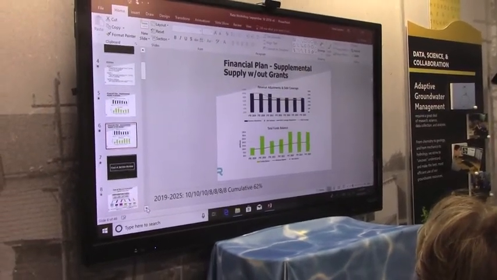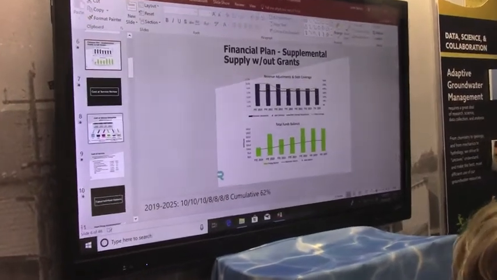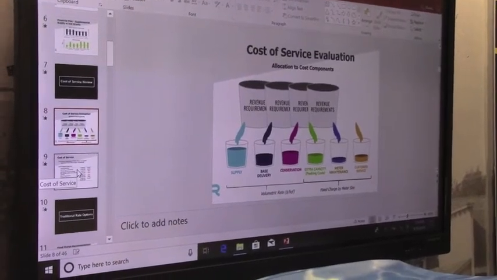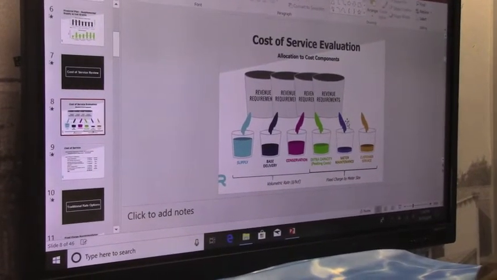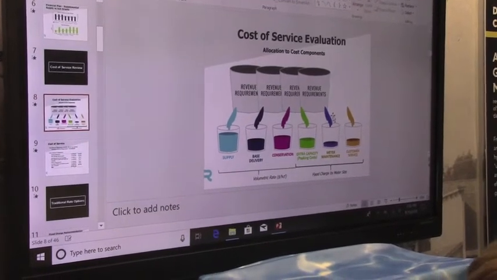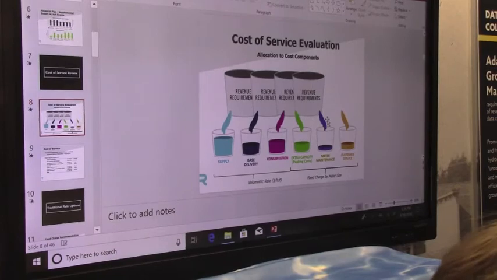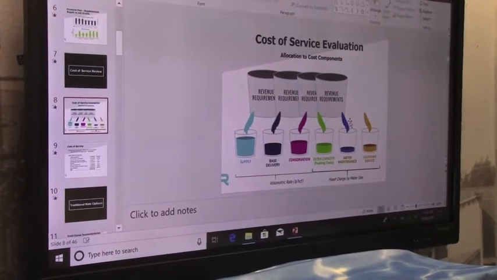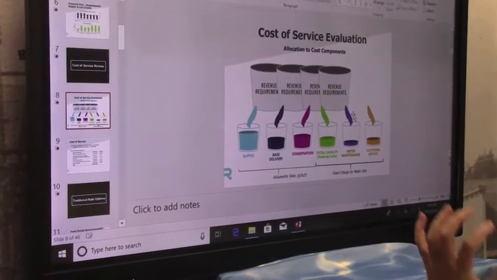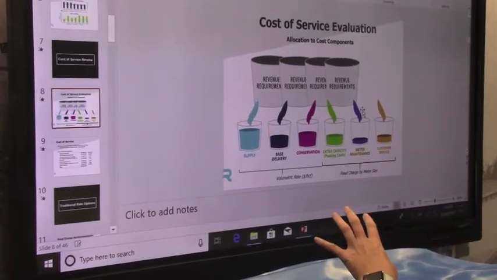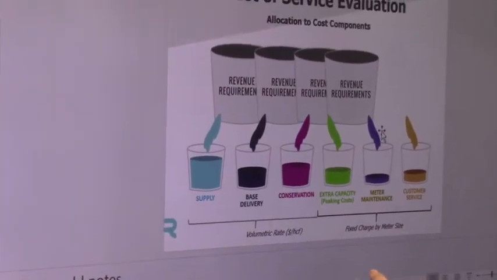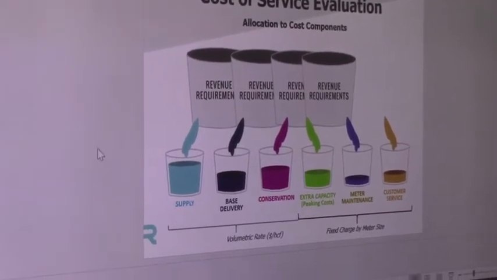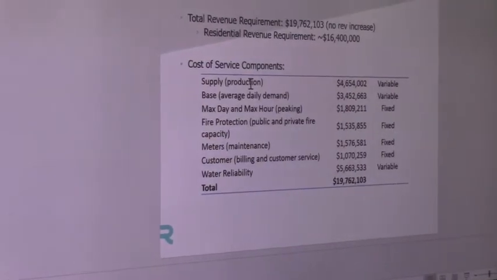So now that we kind of know what those revenue needs are going to be over the next 5 years, then they kind of move to this cost of service allocation, where they take the cost to provide service, because we're a not-for-profit government agency, our revenue need is our cost of service. So then they take those costs of service and they put them into different cost components. And some of those cost components, when we're talking about an inclining tiered rate structure, deal primarily with the volumetric rate, and the others deal with the fixed service charge. So they were able to allocate those cost of service components.